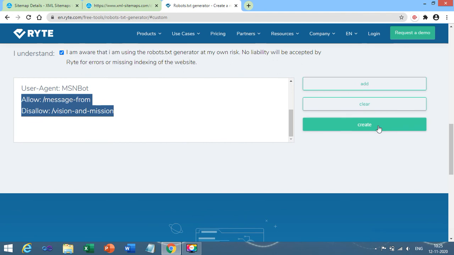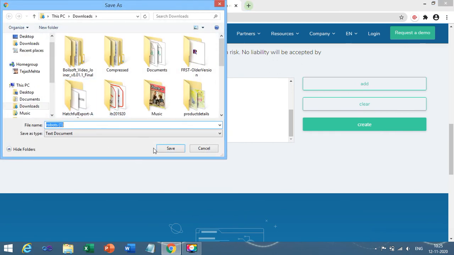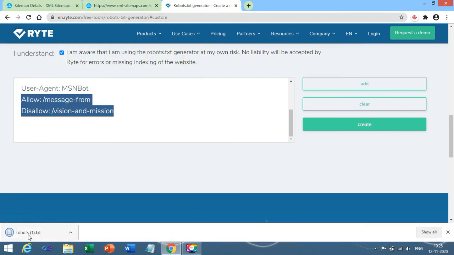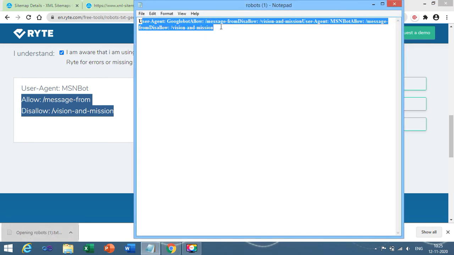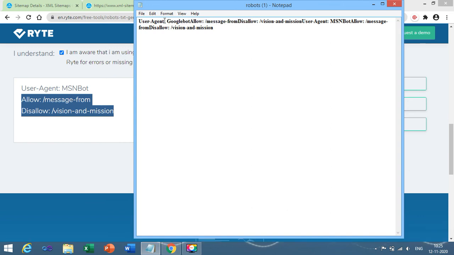Now when I click on the create button, another file is generated. When you click on it, it contains the list of the allowed and disallowed pages for the Googlebot user agent, as well as the list of allowed and disallowed pages for the MSN bot.